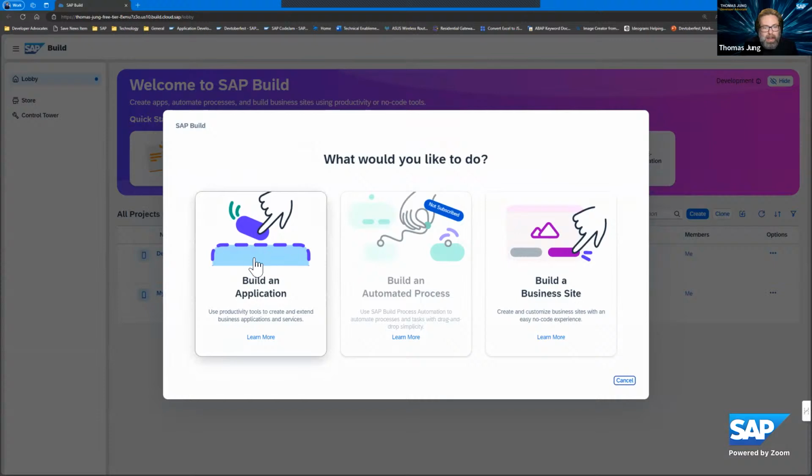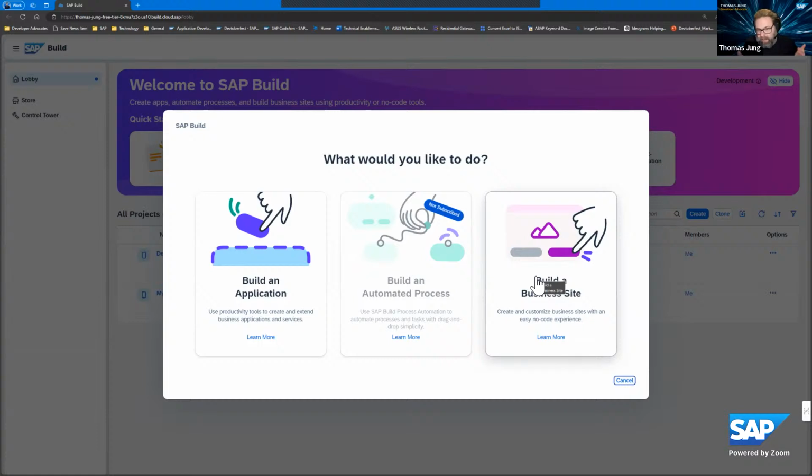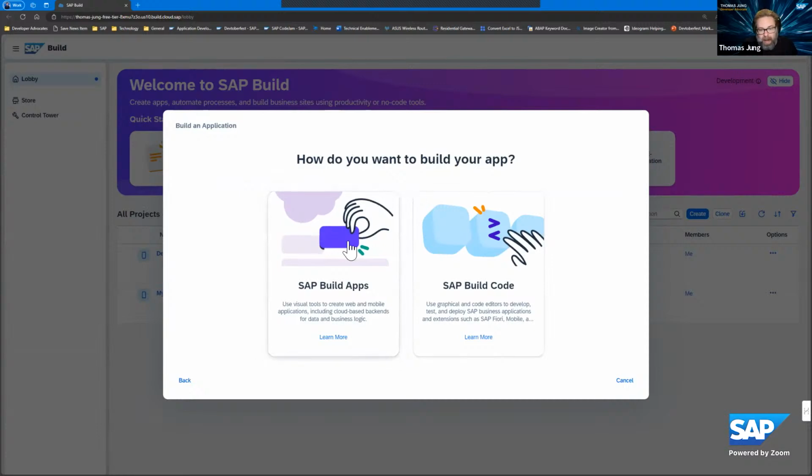So I'm going to say yes, I want to create an application. You see the other things that you could be creating: an application, process automation, or a business site. So Build Code is integrated with the rest of SAP Build capabilities here. We would have one unified lobby where we would see all our different project types.